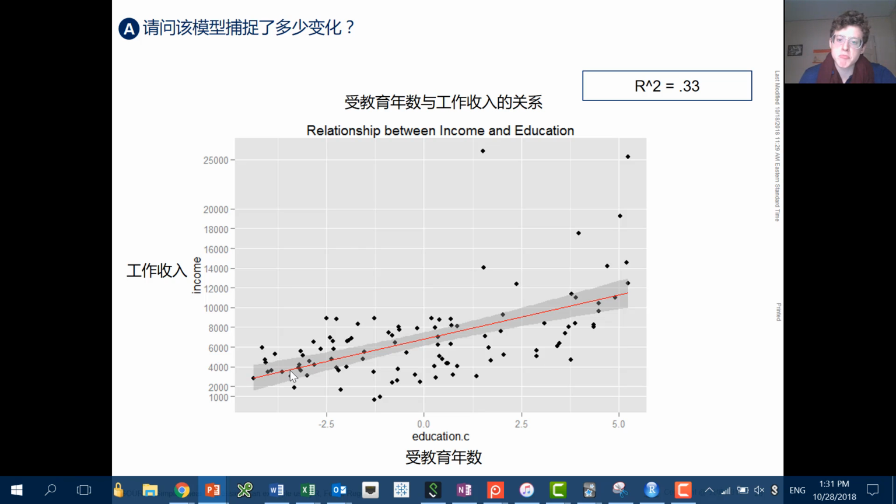0.33 is pretty good. It's not great. I mean, something like 0.6, 0.7 is when you get to a really good model, 0.8. But 0.33 is not bad. You can kind of tell that right here. This is a pretty good prediction of what we're seeing. It might be better if you had a little bit of curve relationship, but it's not bad. So R squared of 0.33 is pretty good.